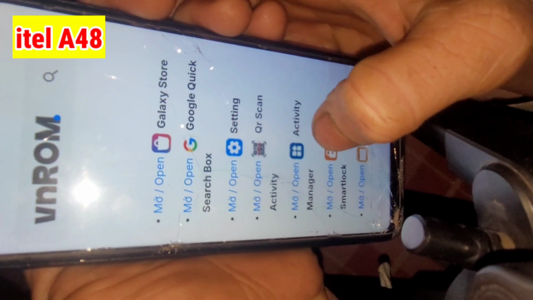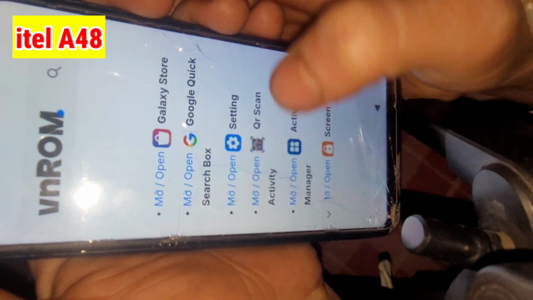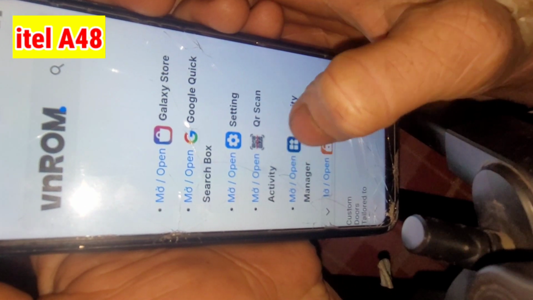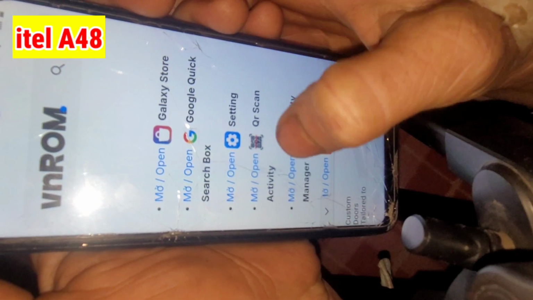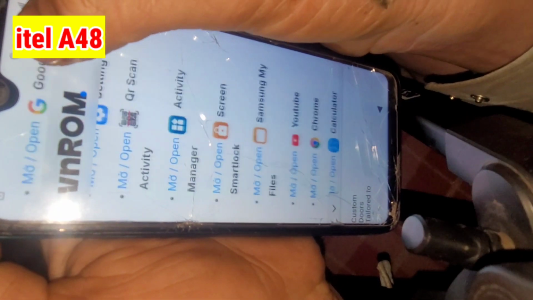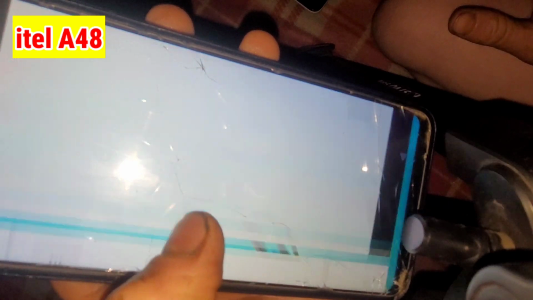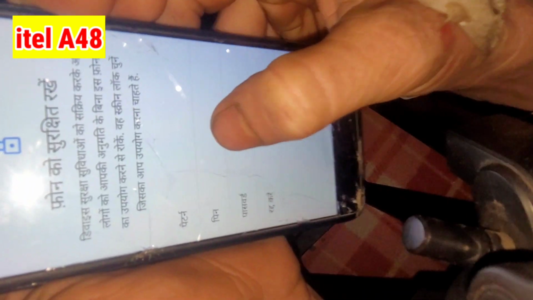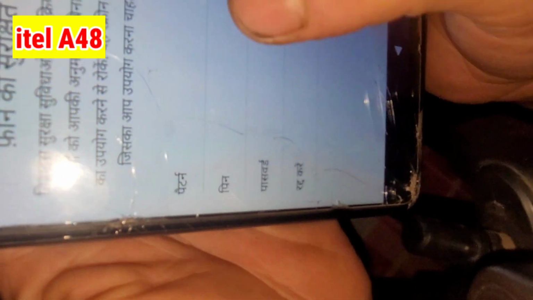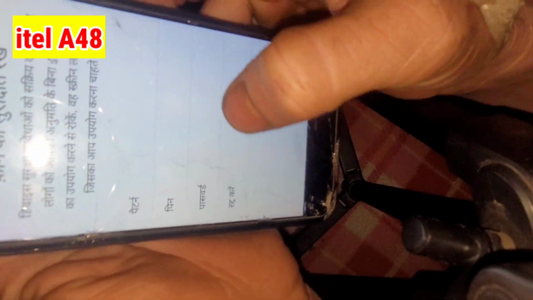Scroll down and click on the screen, and set a pattern, PIN or password on the device.